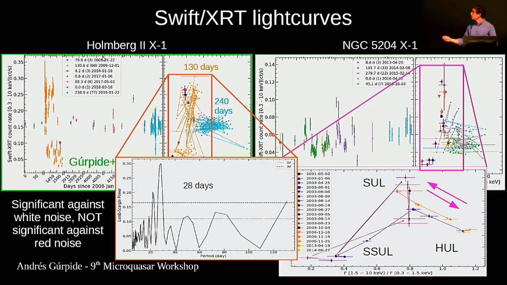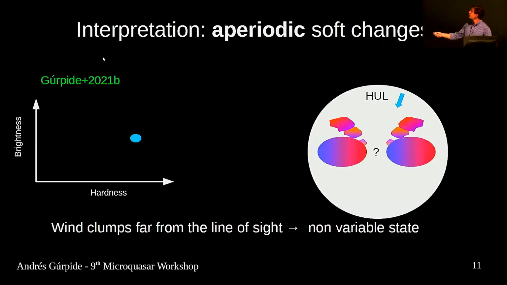These are ideas that need to be tested, of course. Basically, we have our hard intermediate state, or hard ultraluminous. The idea is that we look at the source at a rather low inclination angle, and because the mass accretion rate is low, we expect the funnel to be rather open. Because the wind is not entering the line of sight, we see a state that is very stable, without much variability. But then as the mass accretion rate increases,